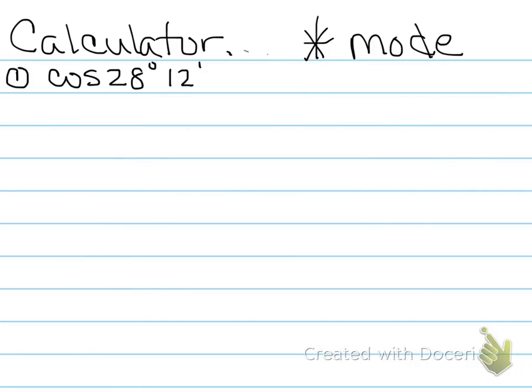Okay, so what you're going to do is on your calculator, first of all, check and make sure that you are in degree mode. It's slightly disappointing that I can't show you the beautiful screen of my calculator, but we're going to make do because you have yours in front of you. So you're going to hit cosine 28, and if you hit second apps, that'll take you to angle. 1 is a beautiful degree symbol. Then you can hit 12, go back to second apps, and 2 is our minutes. You can close your parenthesis for cosine, type it in, and you should get